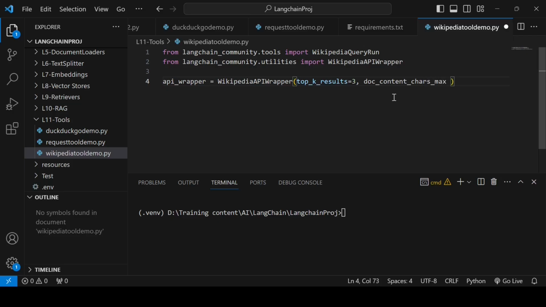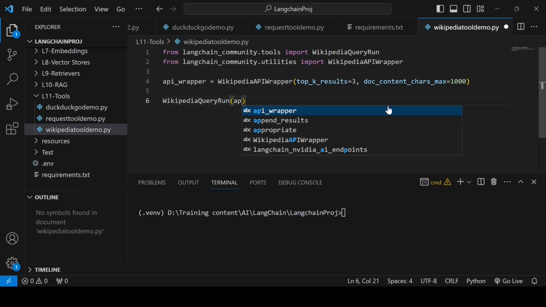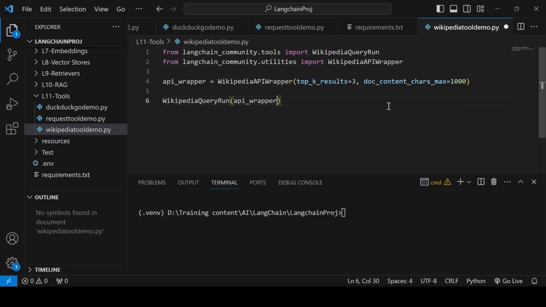So for each page which is fetched from Wikipedia, get only the first 1000 characters. That's what I'm telling with this parameter. Once you have this API wrapper, that's what you can wrap within this tool. WikipediaQueryRun takes this parameter only, which I pass as a named parameter, and this will be my tool.